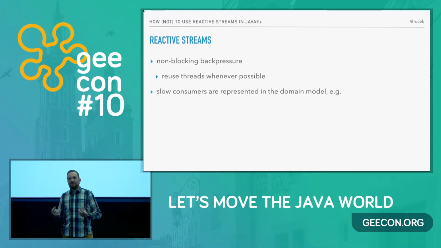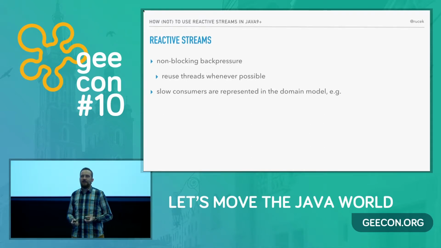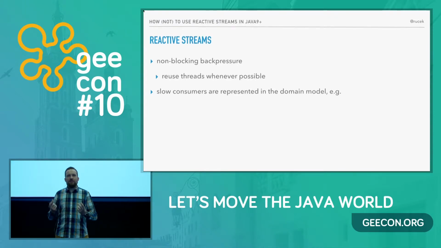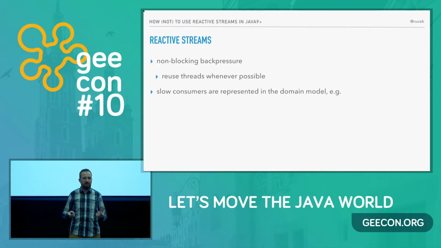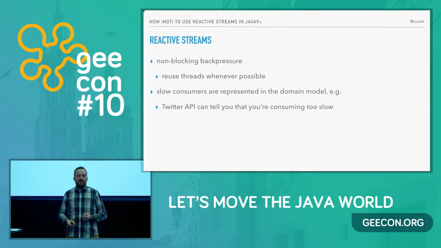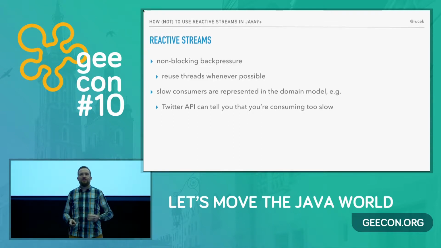The other thing that is specific to reactive streams is the fact that the slower consumers are somehow represented in the domain model, so in the domain of stream processing. And I have chosen two examples for that. First is the Twitter API, which is pretty interesting, because if you use the Twitter API, it actually allocates a